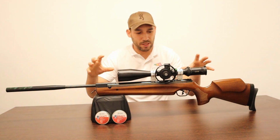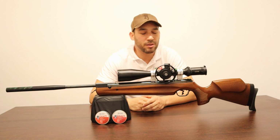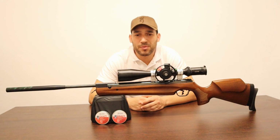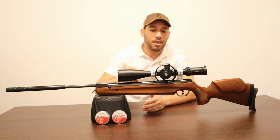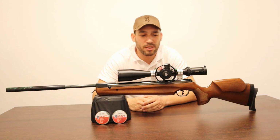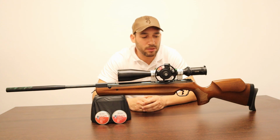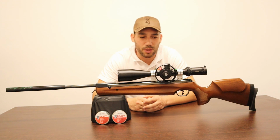So on this platform right here, in this gun, I have a Hawke Sidewinder first focal plane. It's a 6-24, okay, IR. So it's a very good scope. The mounts are BKL, so we are talking about high quality mounts. It will cost about 70 euros to have this mount, but if you buy a gun like this, that costs around, right now the price is around 550 euros, so you should put a nice scope and some nice mounts